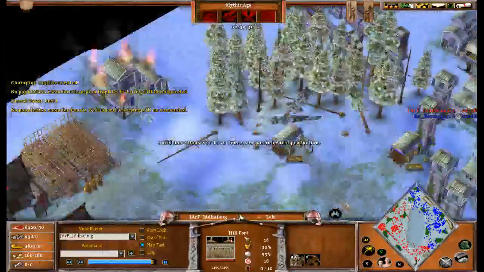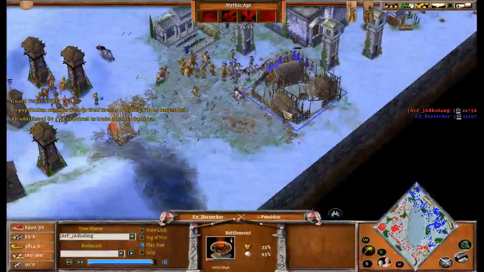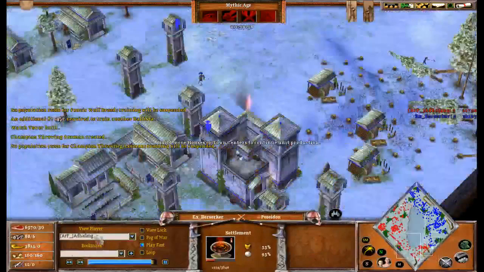There's more towers, offensive towers getting put up, but it doesn't look like Adafang's really throwing any more of those ballista out at all either. So this town center is it's